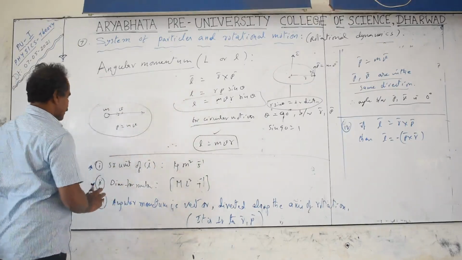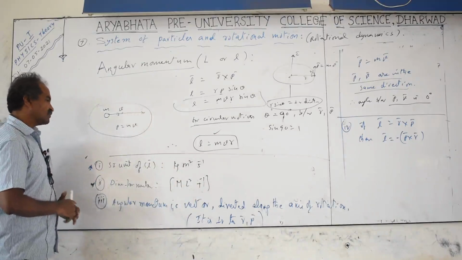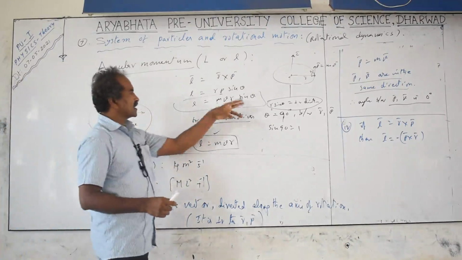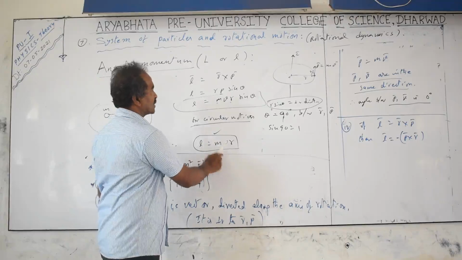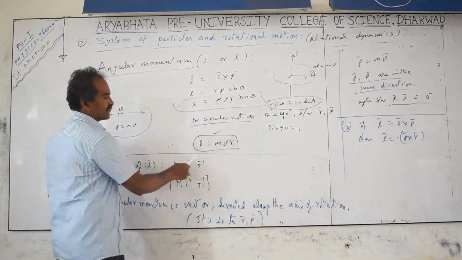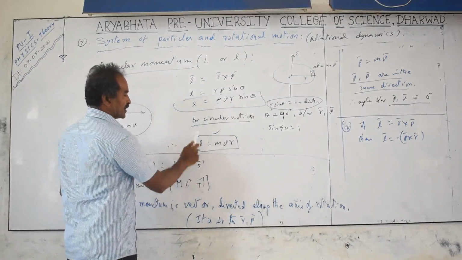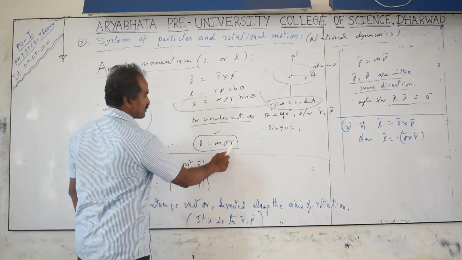Okay, next, units are important and the dimension formula is also of course important. Sin theta has no units or dimensions. Angular momentum is mvr. The symbol for angular momentum can be small l or capital L. Be careful with that. It is not length. The length symbol is also L. Mass into velocity into radius, or position vector magnitude.